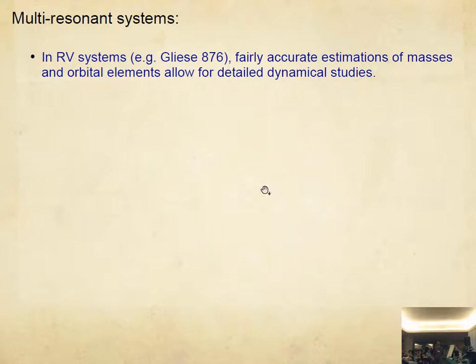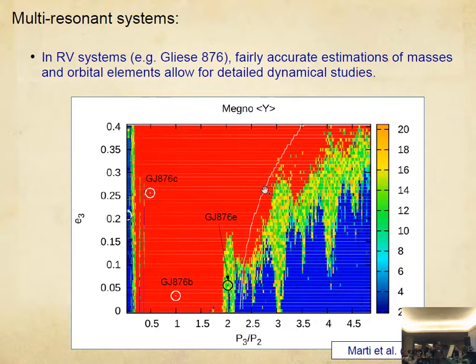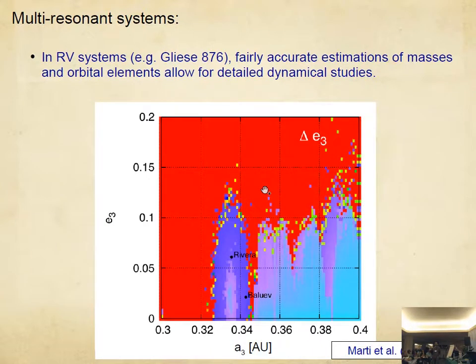Now, we know that for radial velocity systems, we have a fairly good idea of the masses and the orbital elements, so you can do very detailed dynamical studies. Okay? So, for example, you can make a dynamical map of the position of the outer planet of Gliese 876. So this is eccentricity versus the orbital period. This is the Megno chaos indicator, and we see a small, apparently more regular region near where the planet is located. However, when you zoom into this region, you see that this region is actually much smaller. The best fits presented by Rivera and Baluev are borderline on this low chaoticity region.